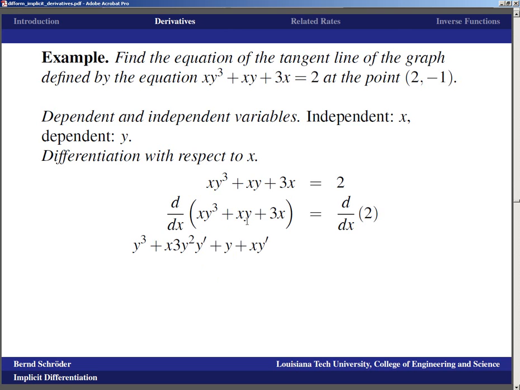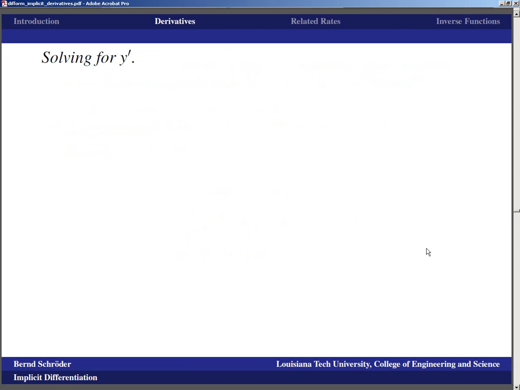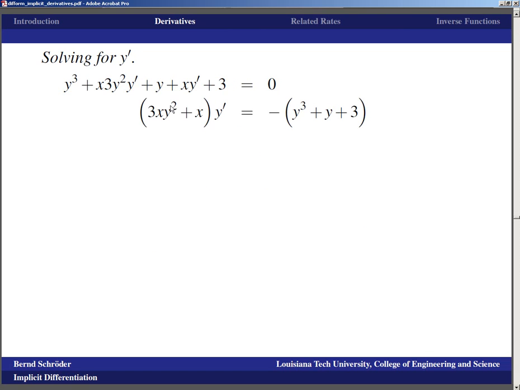The derivative of x times y is y, yeah, sure, but that's only part of it because we have to use the product rule. Derivative of the first, 1 times the second, y, plus the first, x, times the derivative of the second, which is still y prime, right? The derivative of 3x is still 3, the derivative of 2 is of course 0, and now we solve for y prime,